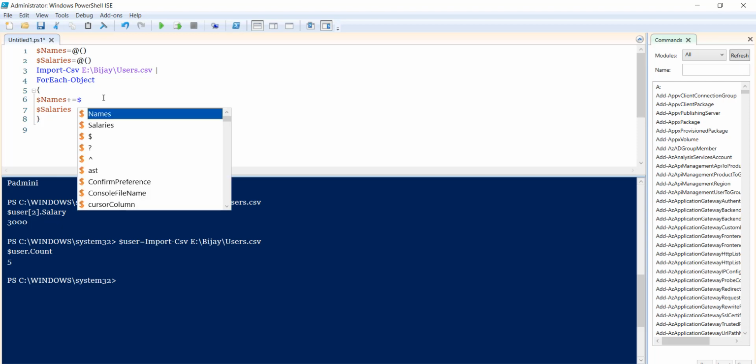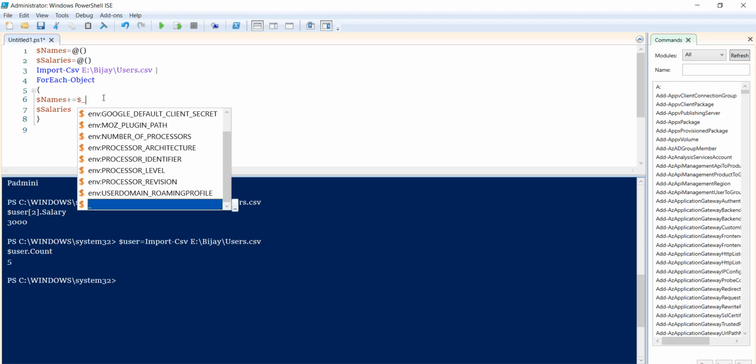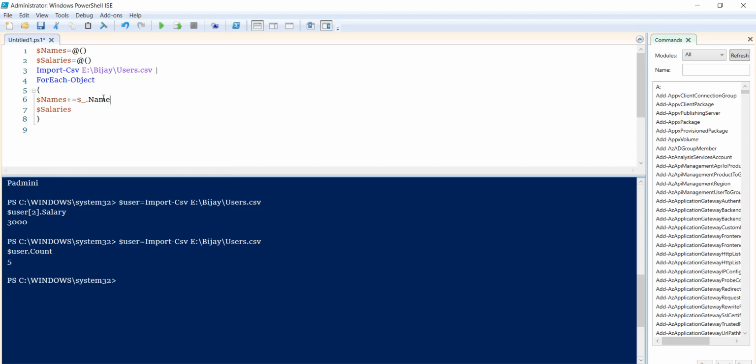So basically this represents the current object or the current row, you can say dot, and then here I will take the name. And similarly, the same way we can take for the salary. So I'll just copy here, I'll just put it, and then the column name here is salary. So you can see here, and now we read it, so then we can print it. So for example, here I'll try to print the names first, and then I will print the salaries here.